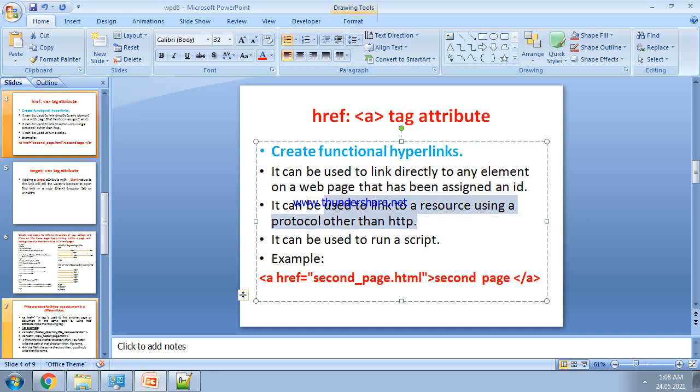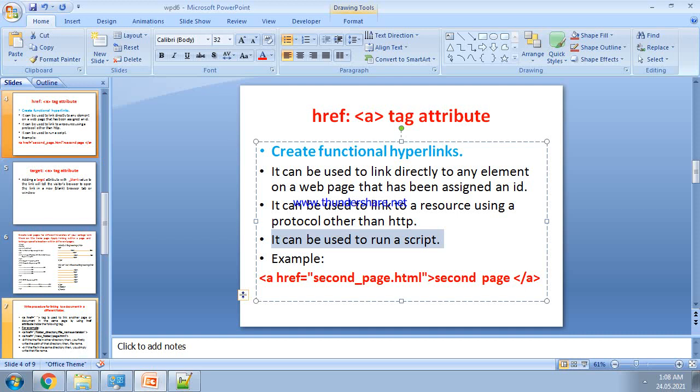It can be used to link to a resource using a protocol other than HTTP. It can also be used to run a script, which may be JavaScript, VBScript, PHP, and so on.